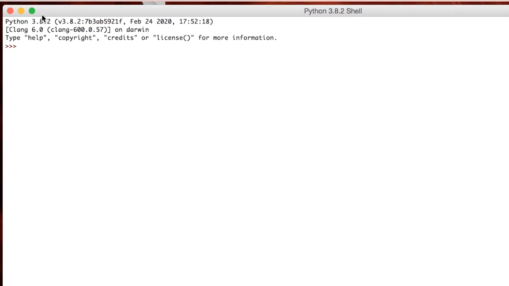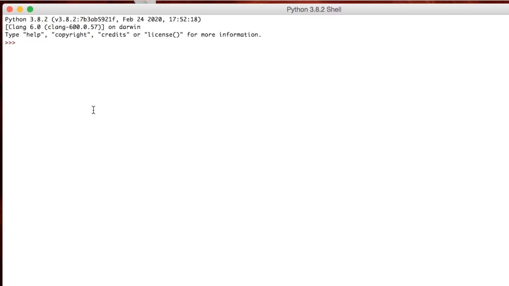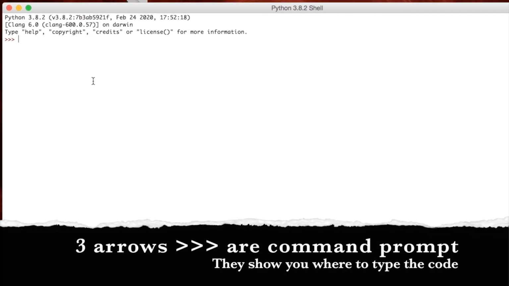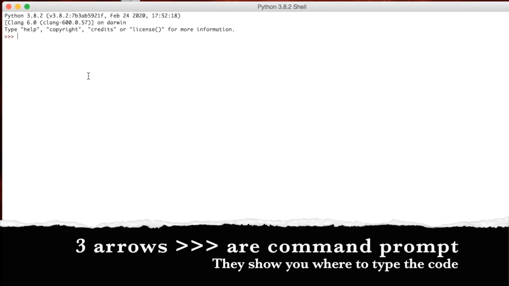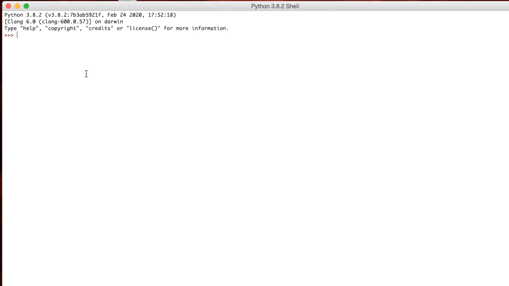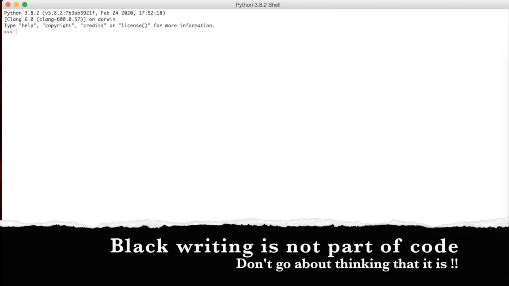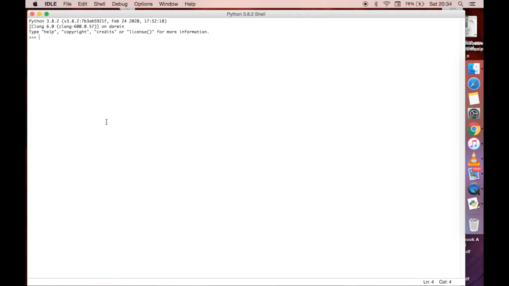So, first, these three arrows are known as command prompt, and they show you where to type your code. They're like a rule that you must follow. And all this black writing is not part of your code, so don't go around thinking it is. And your first code is